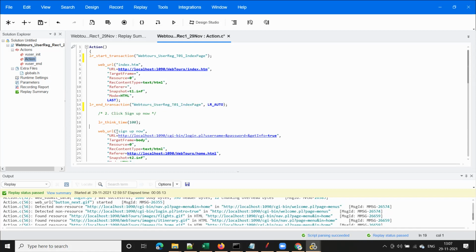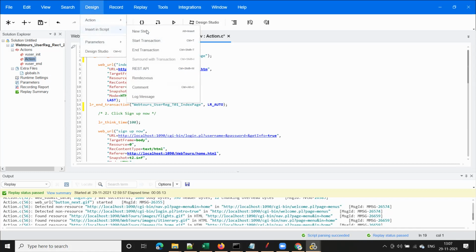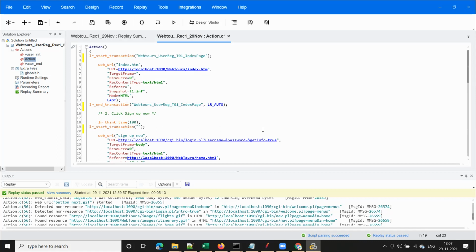Before that request, you can go to Design, Insert in Script, Start Transaction. Here you see the shortcuts, Control T, Control Shift T. Or select this one, Control T, and paste the transaction name. This is your second transaction, Click sign up now. I'm replacing the transaction name like this, removing the spaces.